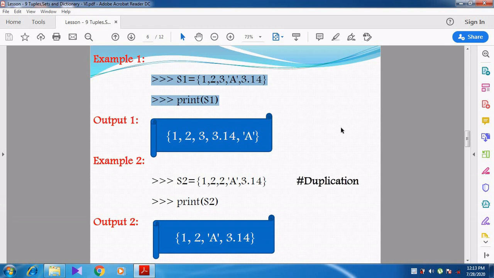There are no duplicate values. How do we print the elements in the set? Simply I use the print function, and the set name should be given within the parentheses. So print of S1.